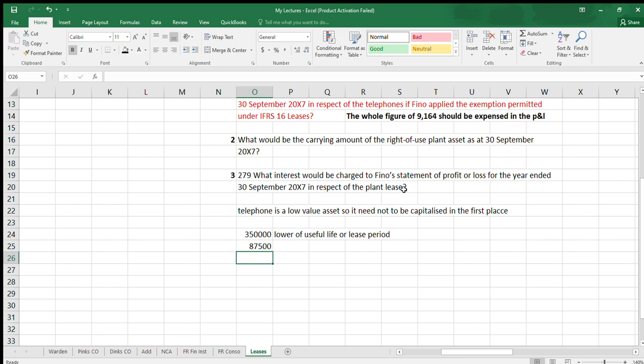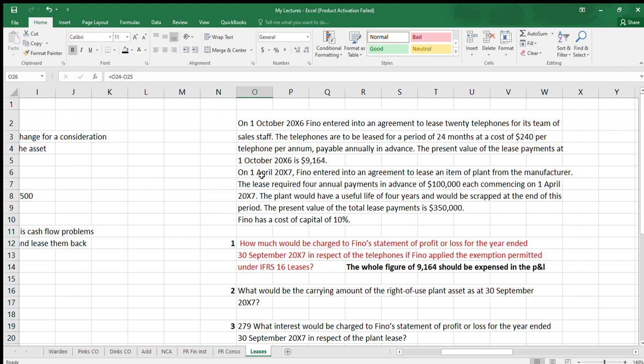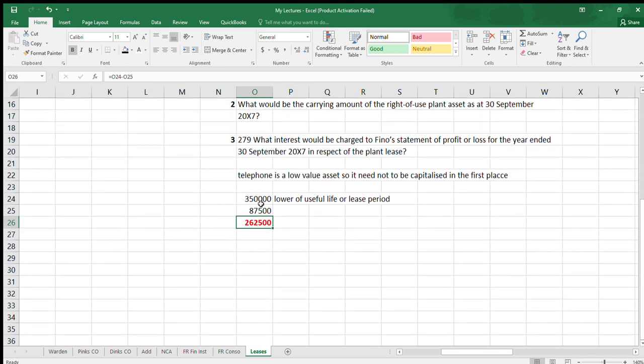So the carrying amount of the right of use asset is 350,000 minus 87,500. But this figure here is wrong. Do you know why? Because the question says that on 1st April 20x7, Fino entered into an agreement, but the question is asking for the carrying amount as at 30th September 20x7. So it is for a 6-month period, not a 1 year period. So what you will do is that